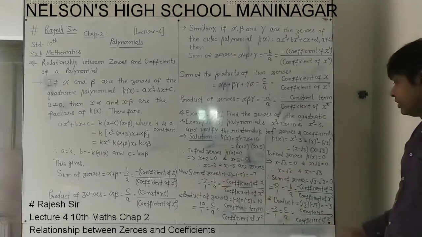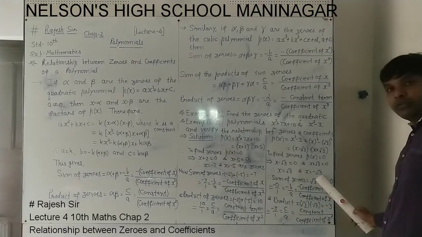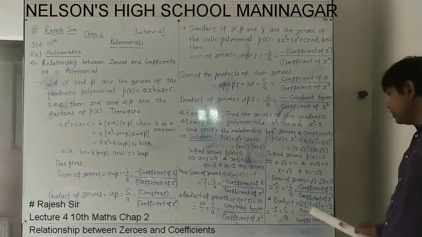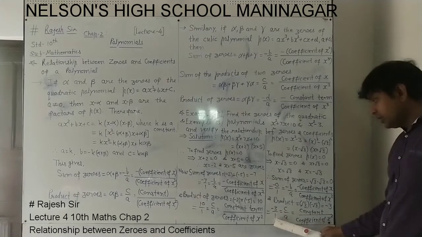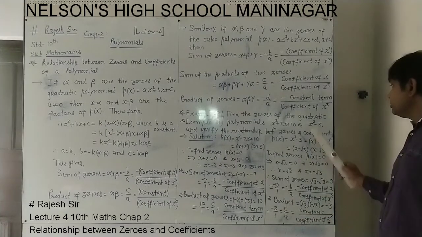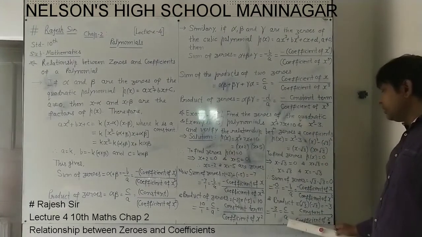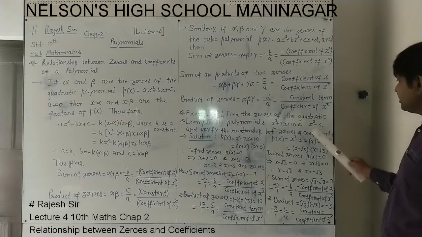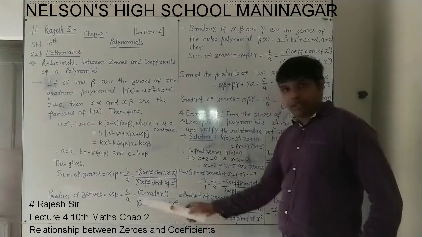Now we will see whether the product is verifying or not. The product of these two zeros: root 3 into minus root 3, which is minus 3. Now this minus 3 can be written as minus 3 upon 1. Here, minus 3 is in the constant place, that is C, and 1 is A. So C upon A: the constant term minus 3 upon the coefficient of x square. Constant upon coefficient of x square is the product.